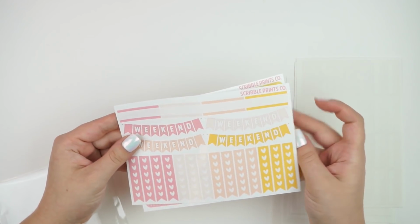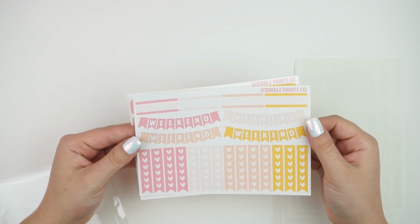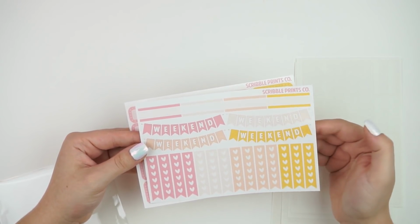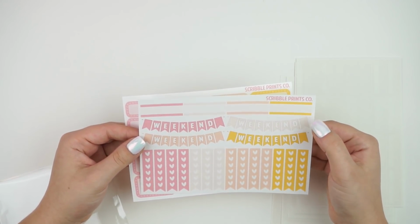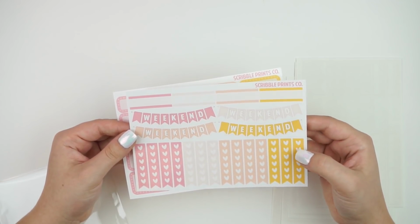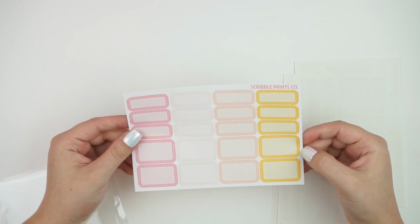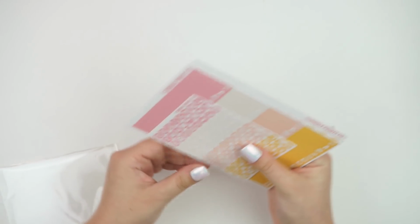I'm actually going to be using a Color Club this week. I'm also going to be using a kit that's not going to be releasing until next Friday, which is kind of fun. Then this page has labels, and then your weekend banners and your heart checklist, and on this page you have your half boxes and then your quarter boxes. So that is the